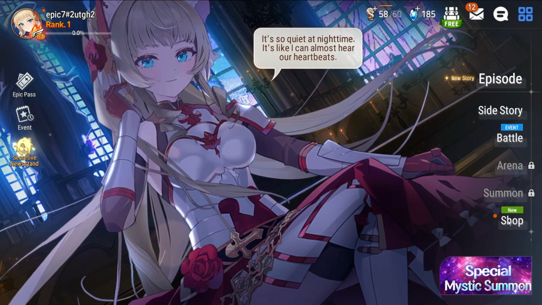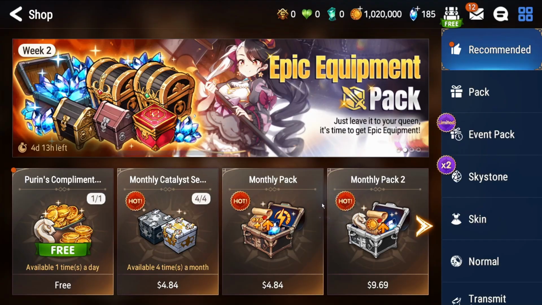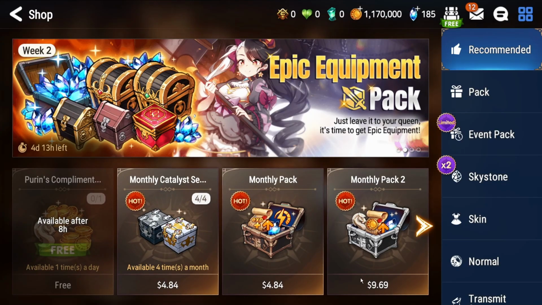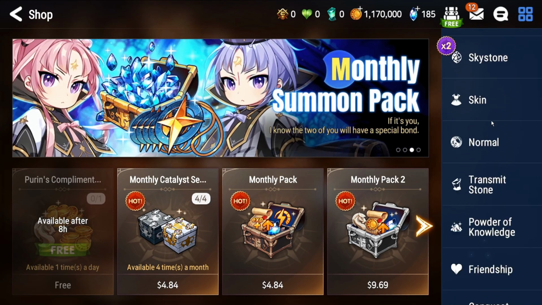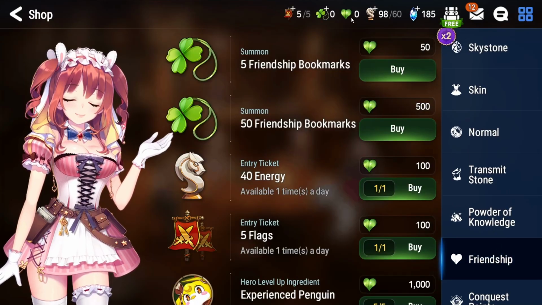We also have a bunch of stuff here. The main thing that we can use for now is the shop. In the shop, 1 time a day, you can get this completely free. It's just 40 energy and some gold. And then we can't do anything with it now, but 2 more sources of energy, friendship points, which you'll get